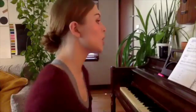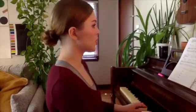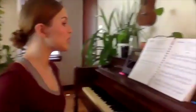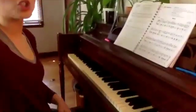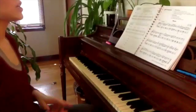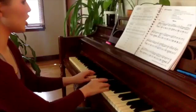So again, we kind of stay ahead of the book in terms of the technique. That way you have plenty of time to practice all of those things. So over here on page 150, it's just the 1 chord down to the 5, 6, 5, back to the 1. So if you are still having trouble doing that progression, this page is an excellent opportunity to practice that, to go through and just in all of the keys,